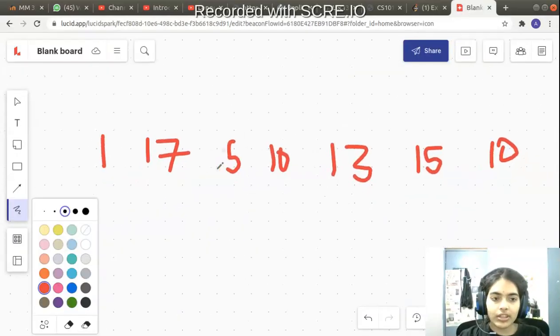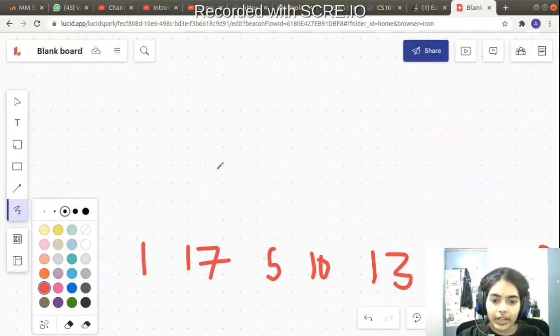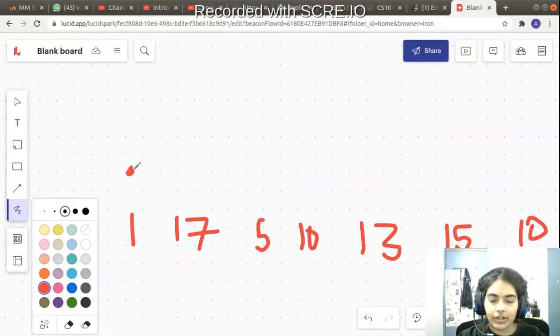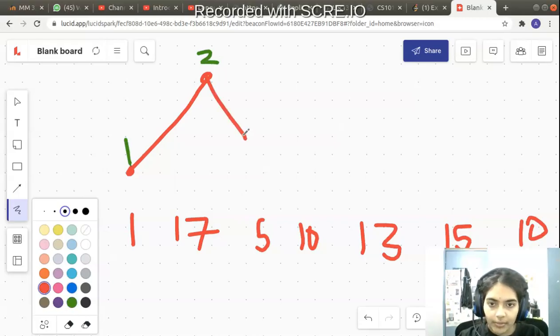Let's try to find how this 7 comes. Suppose let me start from here. So I have a point 1. That is the first point. Now let me go to 17. So I go to a very high value. So I have one point that is part of Wiggle subsequence. I have second point which is part of Wiggle subsequence. Right. Now I go to next 5. 5 is a low point. So I come here. So I have one increasing then decreasing. So till now it is fine. It is a Wiggle subsequence.